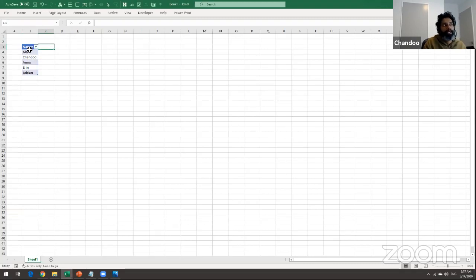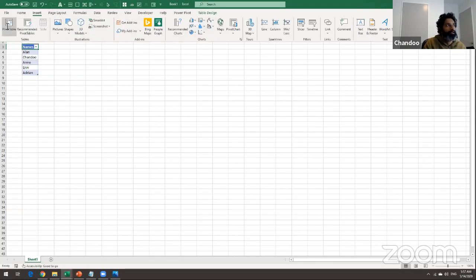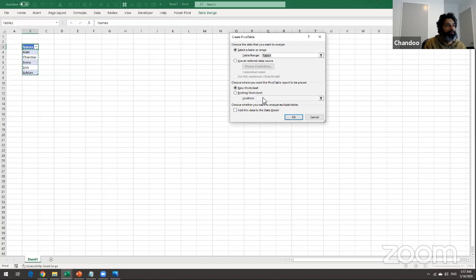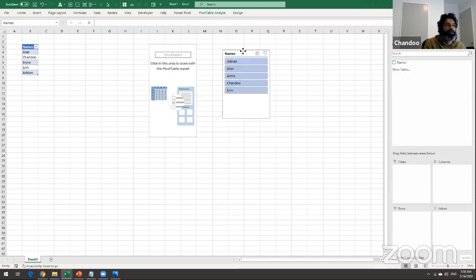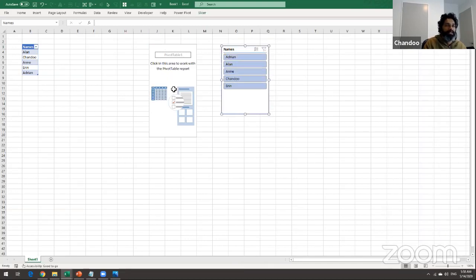Then if I make a pivot from it, put the pivot here, and insert a slicer on this, it's going to be in alphabetical order like that. Let's say this is not what we want. We would like an order where Erin is 1, Chandoo is 3, Alan is 4, and Adrian is 5. This is the order that we want respected.